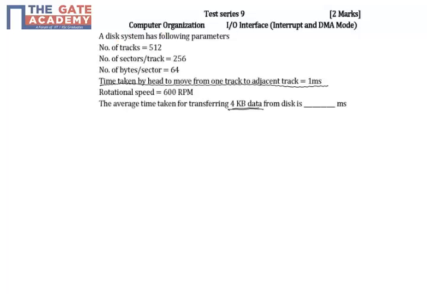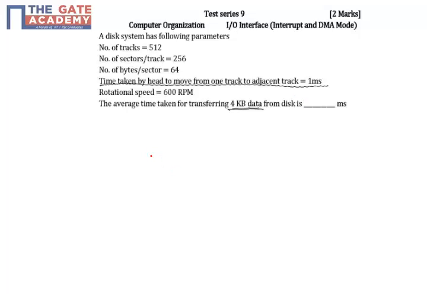A disk system has the following parameters. Number of tracks is 512. Number of sectors per track is 256. Number of bytes per sector is 64. The time taken by the head to move from one track to an adjacent track is 1 millisecond and the rotation speed is 600 rotations per minute, or RPM. Then the average time taken for transferring 4 KB data from disk is,